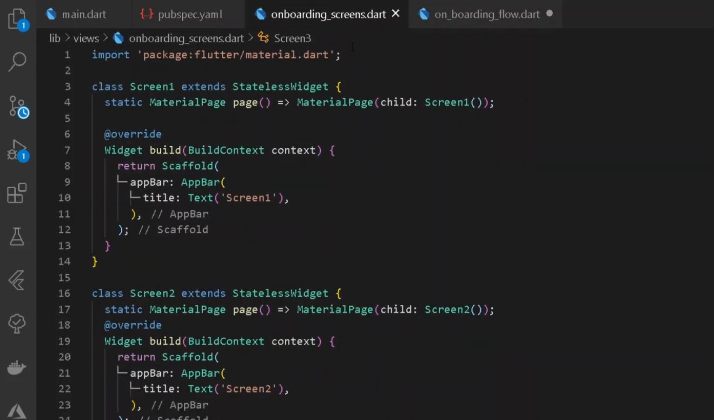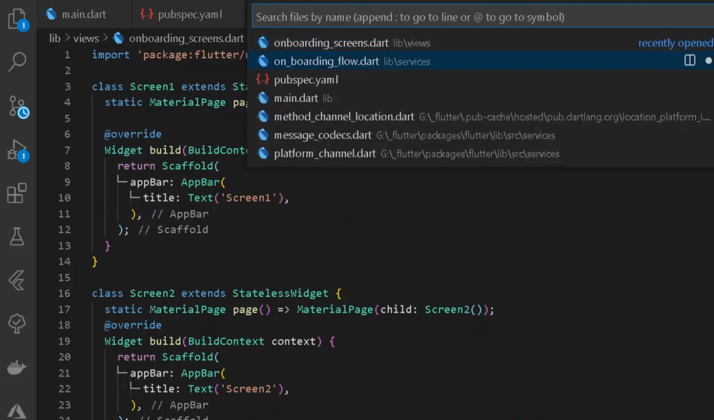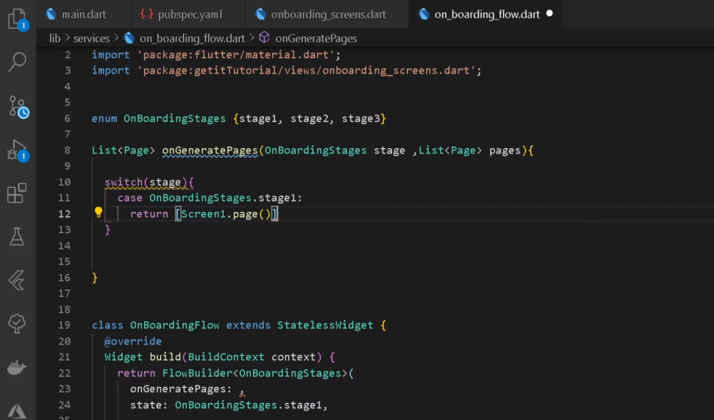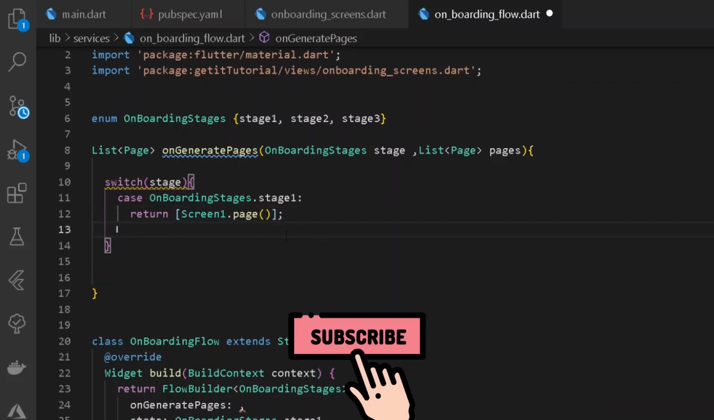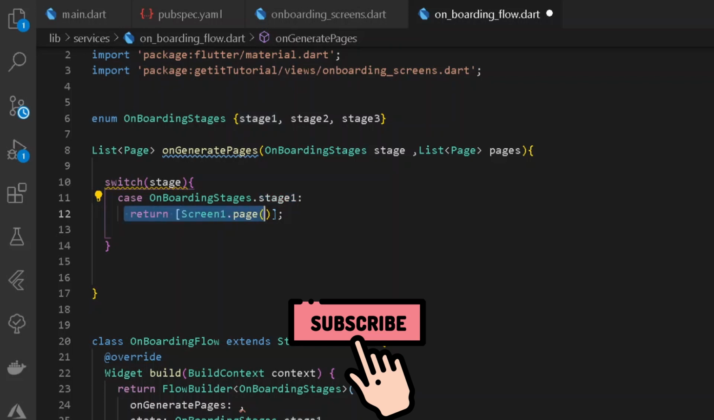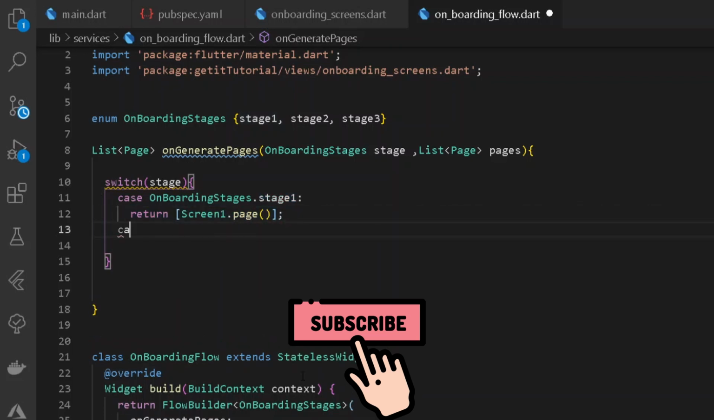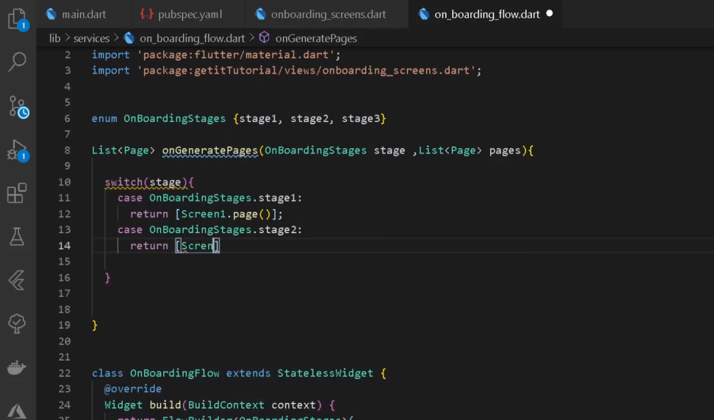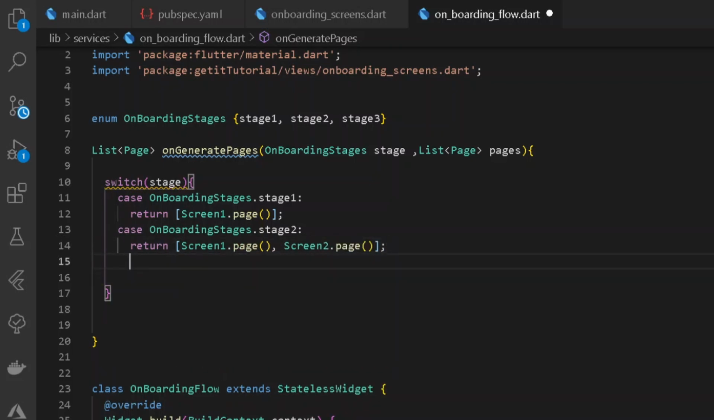Easy thing. So once we have done this, let's go back under our onboarding flow, and here I can simply write screen1.page, and after having the following stage of onboarding stages of 1, which is simply returning our screen 1, we shall be having our next case for onboarding stages of stage 2. So here let's have onboarding stages for type of stage 2, and here I will be simply returning screen1.page and also screen2.page, which will be under type of nested route,